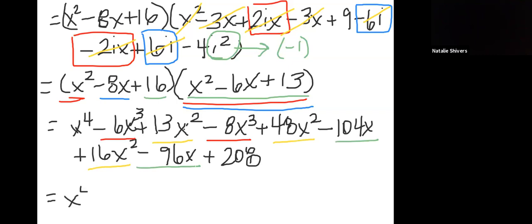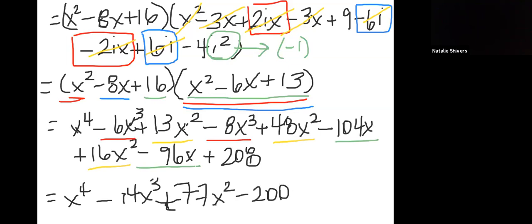So I get x to the 4th minus 14x cubed plus 77x squared minus 200x plus 208